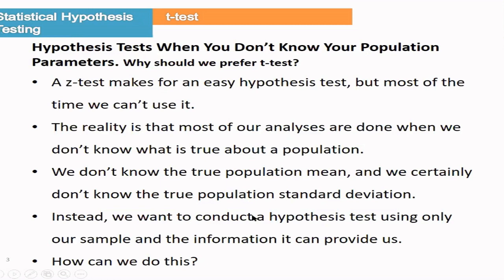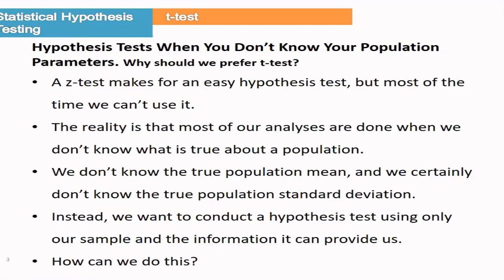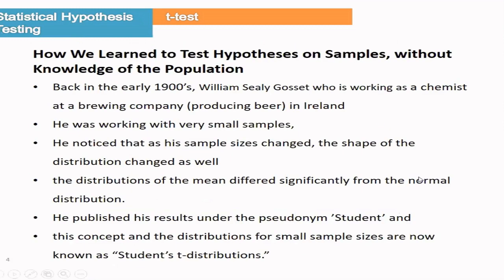From the sample we can get the variance and standard deviation, then we can use the t-test. So when the variance is unknown in the population, you can use the sample. From the sample we can get the variance, because a sample is a small part which is easy to count, but a population is sometimes very difficult to count. So this is why we have to prefer the t-test instead of the z-test. Let us know the history of the t-test.